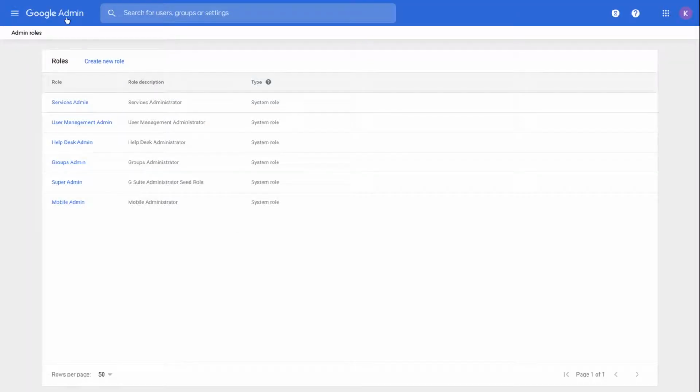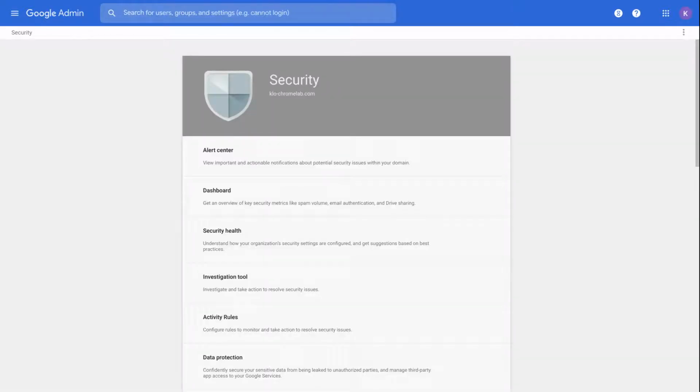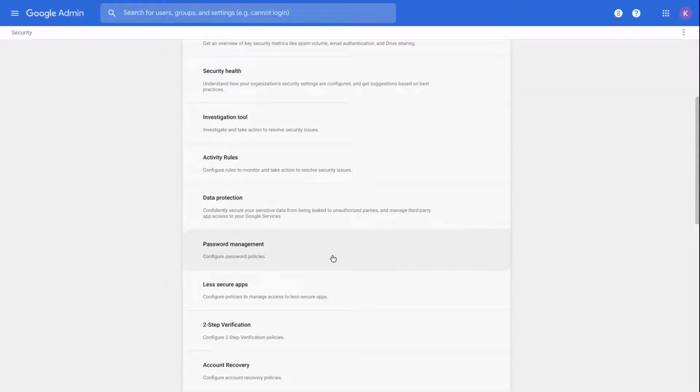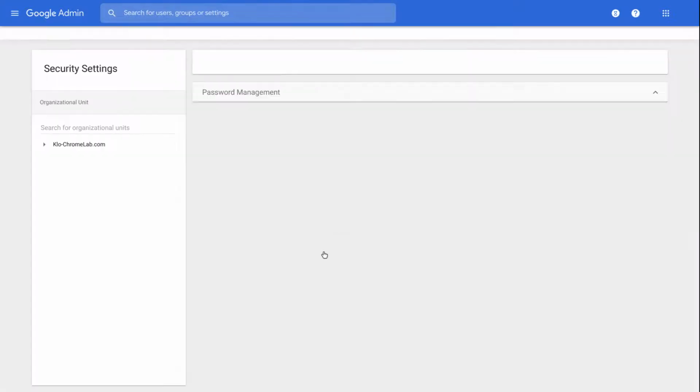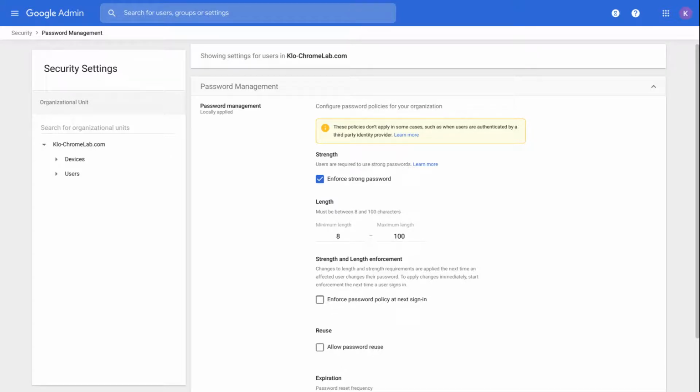Now, let's talk about security. Because this is a huge part of the console, we will focus on the most important part. From here, you can, for instance, control user password, set up single sign-on, and many more features. About password management. Basically, on this page, you can manage passwords by changing how strong you think they should be. For instance, the length of the password by setting the minimum and the maximum amount of characters needed.